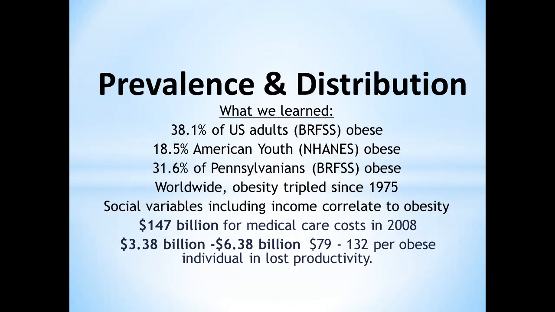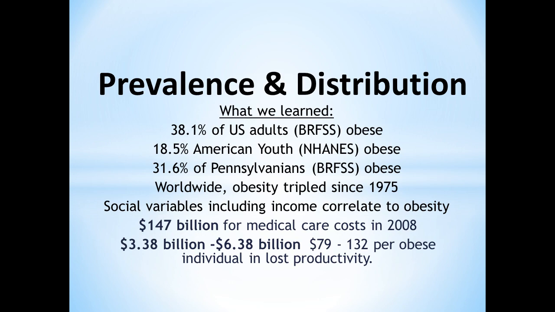This week, we learned about the prevalence and distribution of obesity. It's very important to recognize that worldwide, obesity has tripled since 1975. There are also social variables, including income, that we can correlate to obesity. The medical care costs associated with obesity are important to be aware of. The actual numbers may change, but it's important for you to recognize that there are increased costs for care related